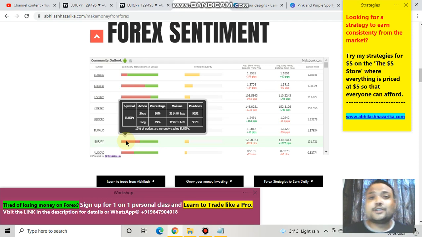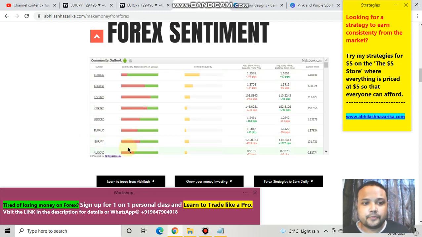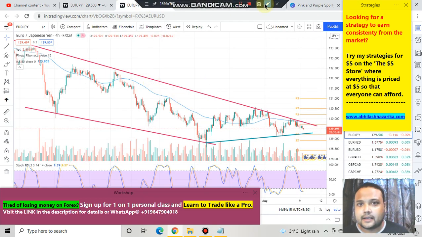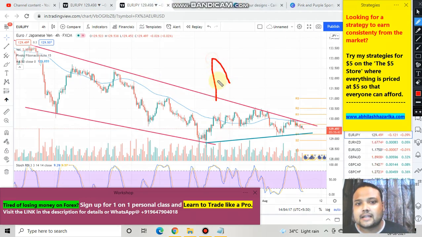Retail traders are also very much confused. They are also not sure whether the market will be going up or going down. They are also in a dilemma. In fact, they also do not have a clear picture of where the market will go. As a result, in a market condition like this, I'll just ask you to avoid.